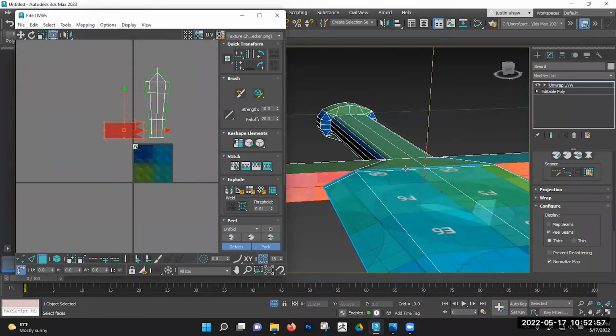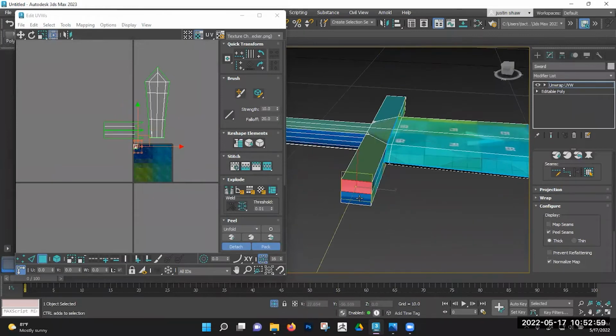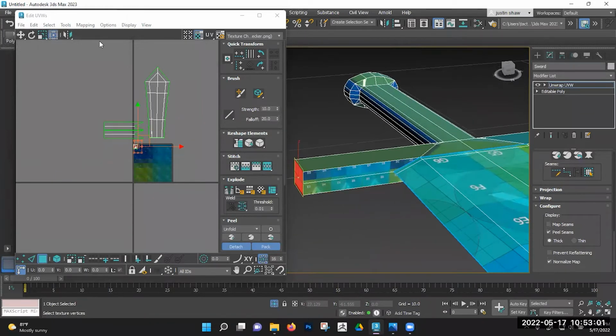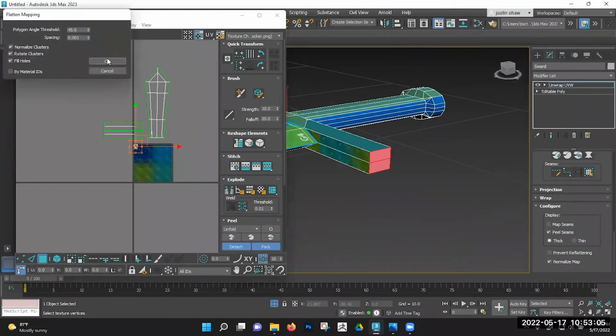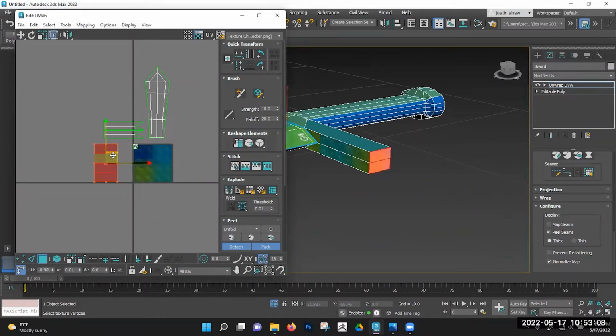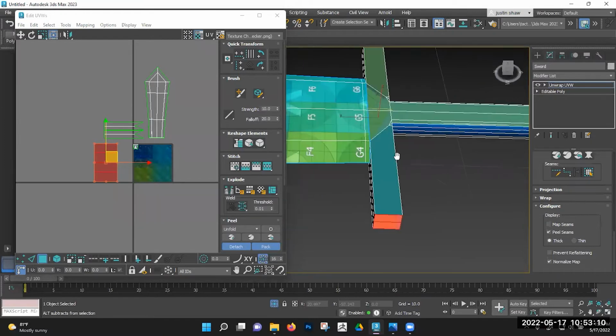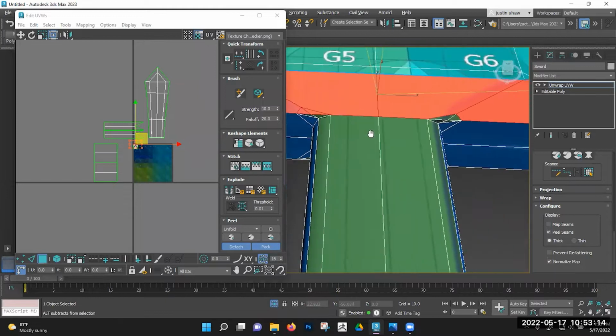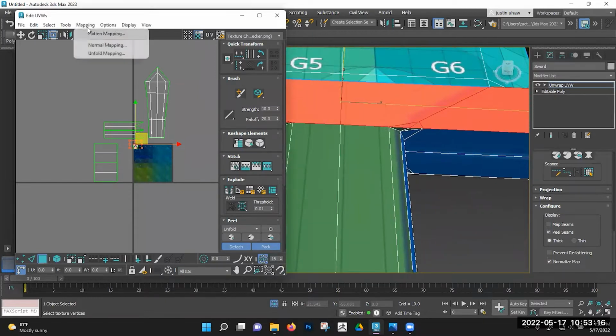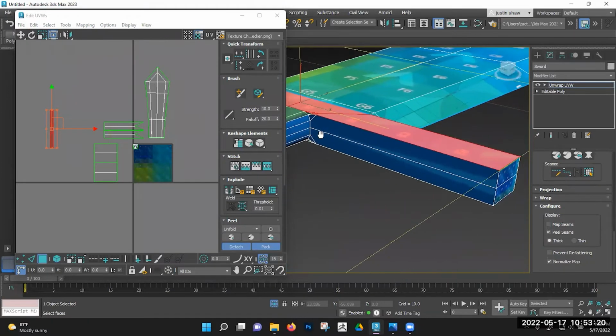Just screw to the side, grab these sections, mapping, flatten mapping, screw them to the side, grab these, because they're flat, just flatten map them, screw them over here,